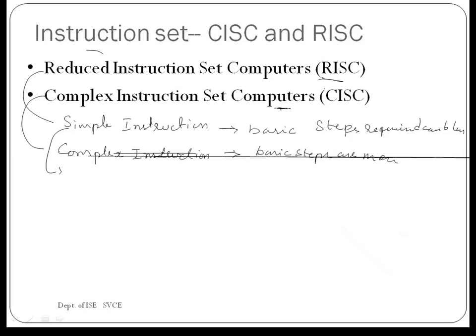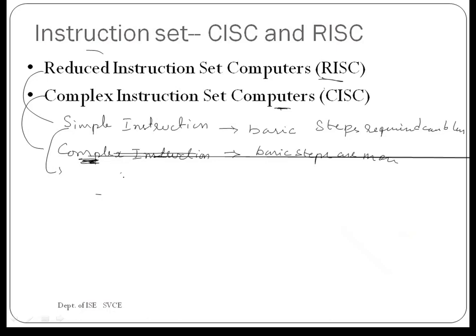If it is CISC, the number of instructions used for writing the program may be less, because a single complex instruction can perform the work. So the program can be written using fewer instructions. That is how these two methods work.